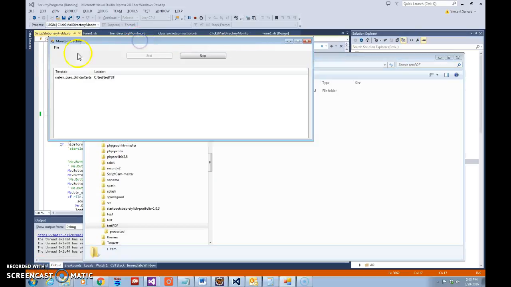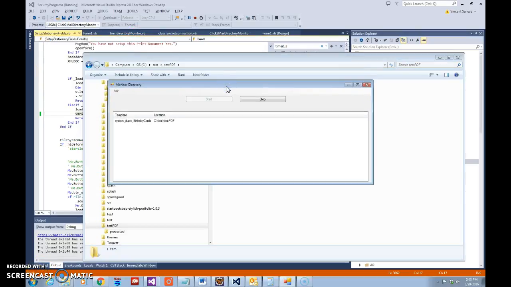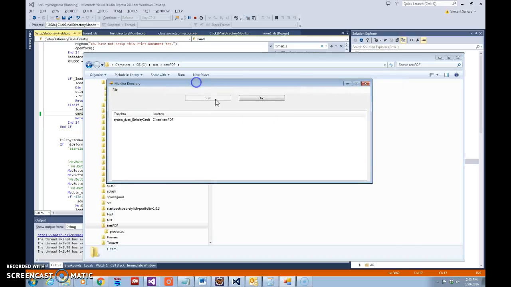Okay, Lee and Mahesh, I finished the, I guess I would call this a pre-beta version, finished proof of concept. The directory monitoring app is mostly done. So when it starts up, it looks like this. When I finish tweaking this, it'll actually be running in the system tray down there, and I'll have an auto